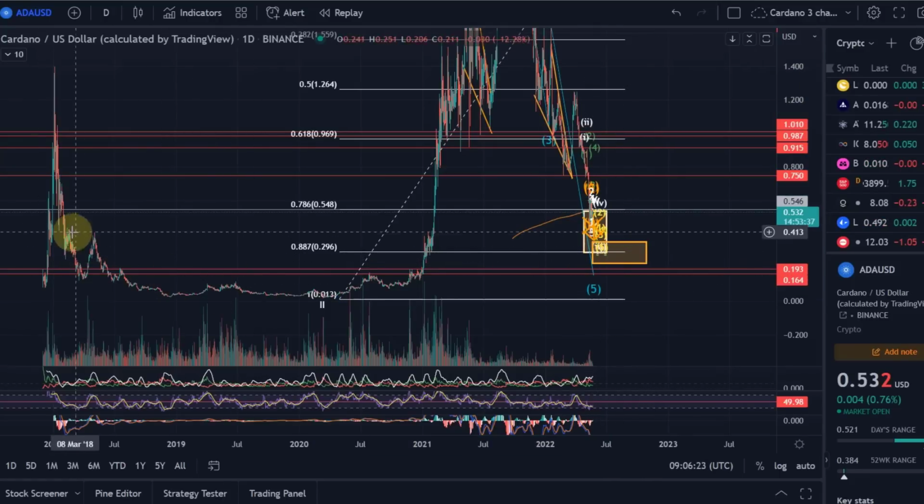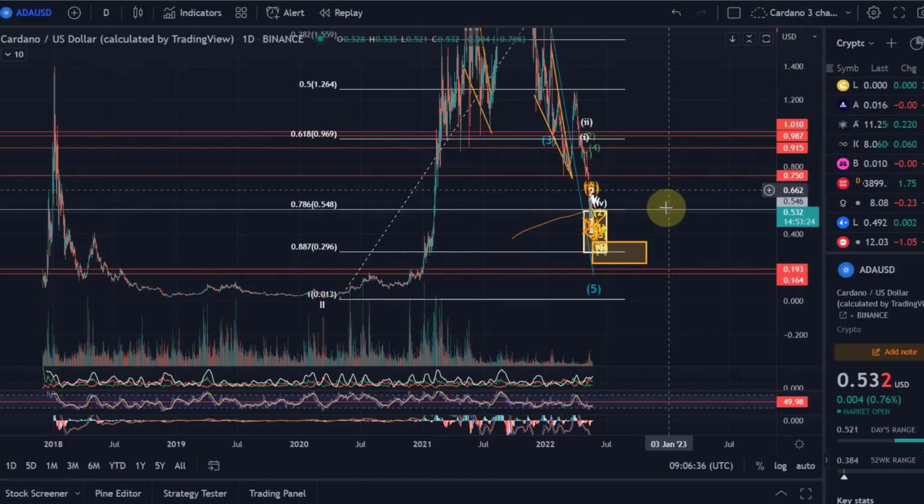Cardano did it before here in this sort of bear market, but then it picked up again. But you can see that effect when we dropped below that 88.7% Fib level back here in the 2018 bear market. It took years to recover. It's just unfortunately how it is. And it's too early to talk about whether we go into a year-long or 2-year-long bear market or not. This is pure guess.